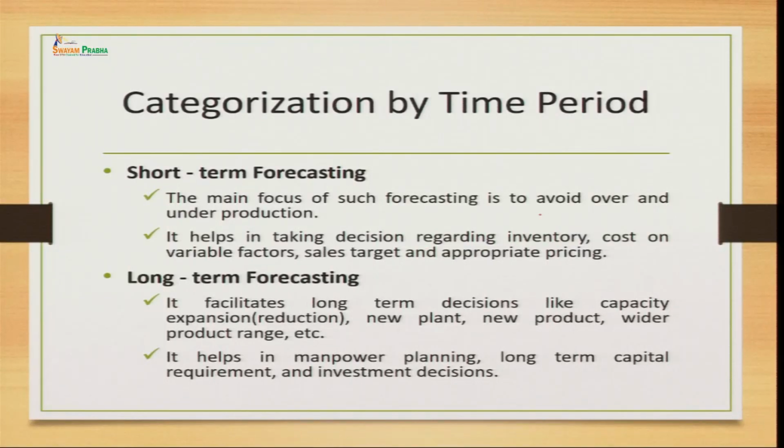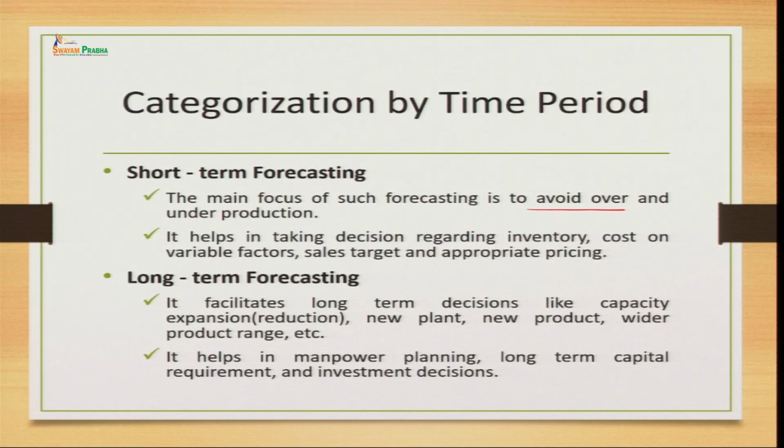The next thing you need to make yourself clear with is whether you are forecasting the demand for a shorter period of time, or forecasting the demand of your product for a longer period of time. That has to be very clear in your mind. Short term forecasting basically focuses on avoiding over as well as under production. Why are we forecasting? Because we want to know the exact demand of our product. If we are not forecasting the demand, then we will have to face a problem of over and under production, and both situations will be a problem to us.